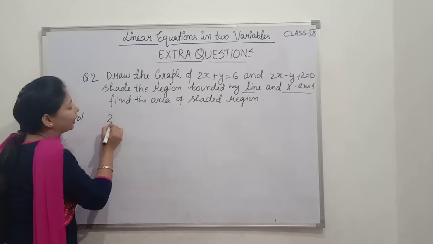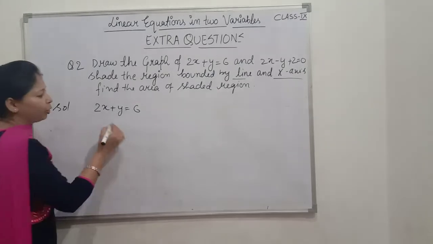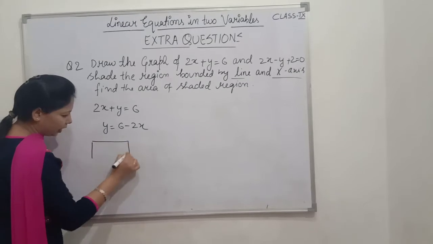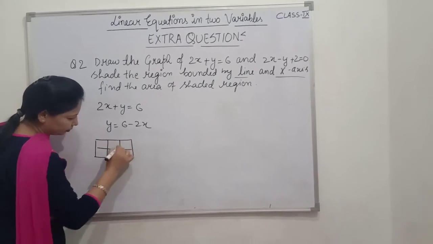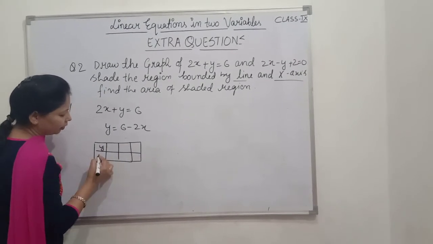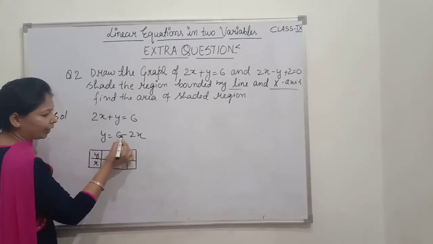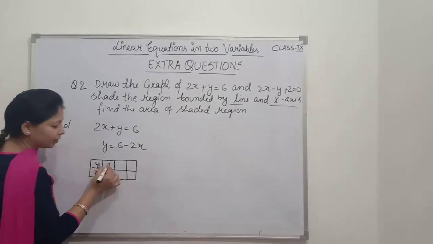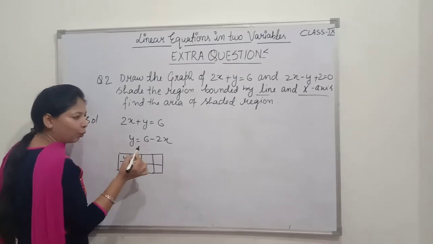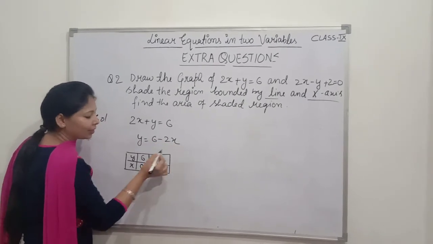Now first we find the solution box for my first equation. My first equation is 2x plus y is equal to 6. Now I can write y is equal to 6 minus 2x. For this I need a solution box. Here is y. I can take 3 values. If I take x is equal to 0, then what is the value of y? 2 zeros are 0, 6 minus 0 is 6. Now if I want to make y 0, then what do I have to put here? We have to put x is equal to 3, because 2 3s are 6 and 6 minus 6 is 0.